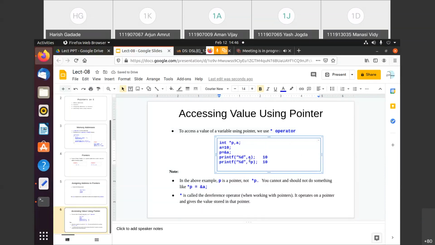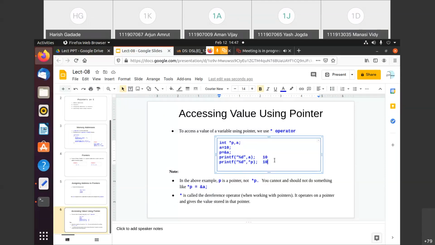Now here you can understand, for this statement we have used the variable a directly to print the value of a, and in this second statement we used star p, that is the pointer variable, to print the value of a. Getting this? So the value of a using this statement is 10, and the value at this address, whatever address is stored in p, would again be 10.